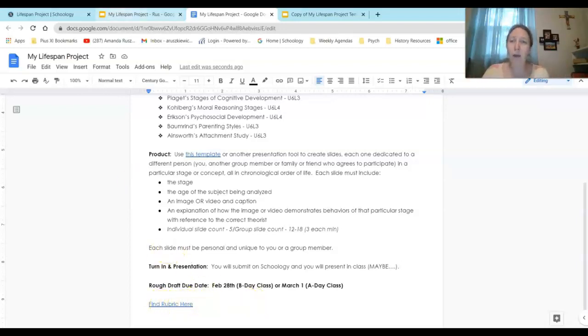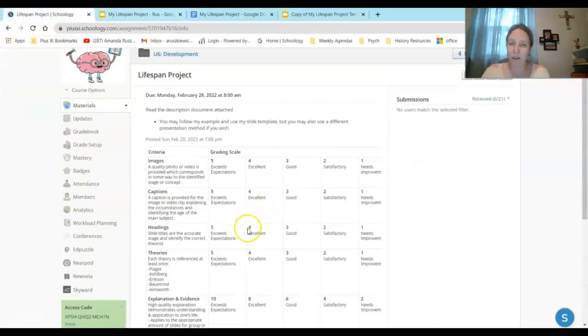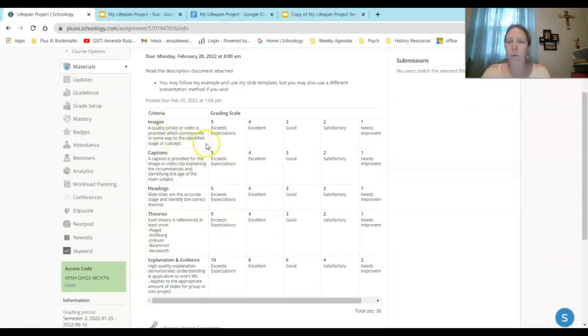The rubric is here, but the rubric is also in Schoology. You can see you will get points for the images themselves being of high quality, the captions being clear, the headings being clear, all the theories being covered, and then the explanation and evidence. Look at the point value. This is where the most important part is. The explanations demonstrate that you understand the stage and that you can really apply it. Think FRQ style, really, and you can apply it to the theories. Okay,